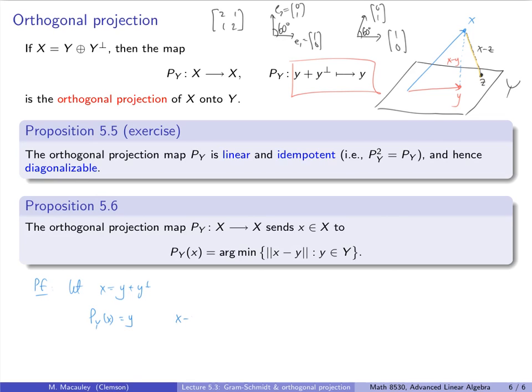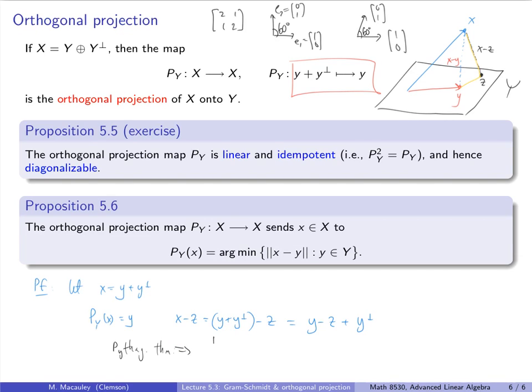So x minus z is y plus y perp minus z, which I'm going to rearrange a little bit. I'm going to write this as y minus z plus y perp. So y minus z is this distance, or this vector right here. And then the Pythagorean theorem, which remember holds in a general inner product space,